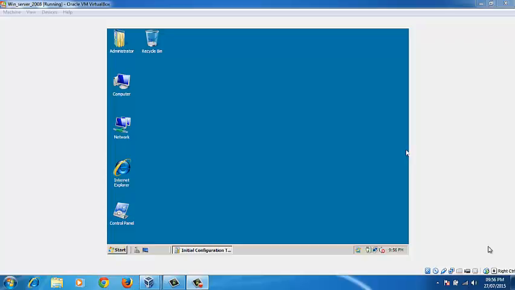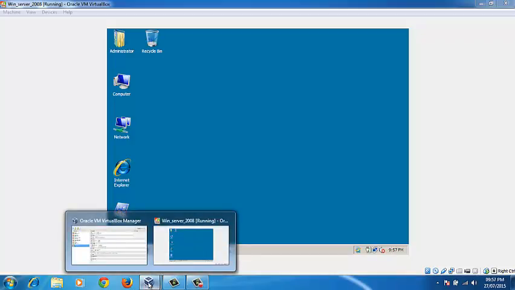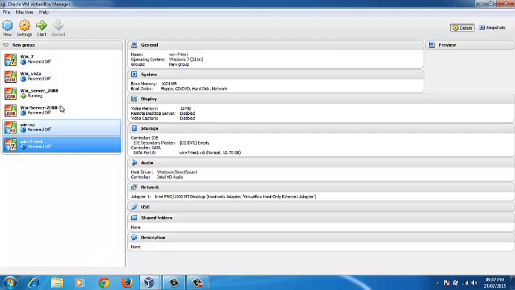Okay, so let's test setting up a client from Windows Deployment Services. I'm going to do this in a virtual environment, so let me create a client computer. As you can see here, I created a Windows 7 client, so we're going to load the operating system